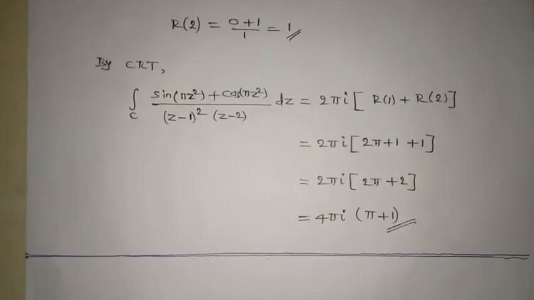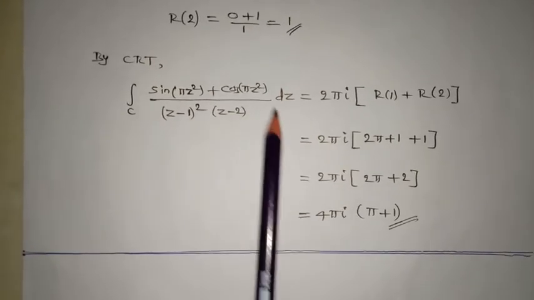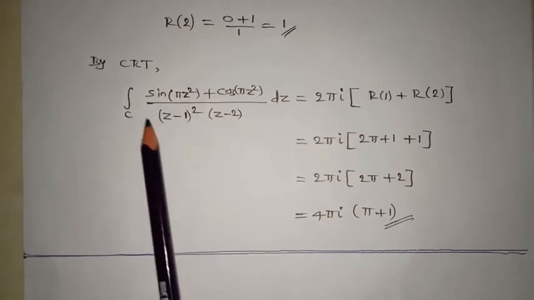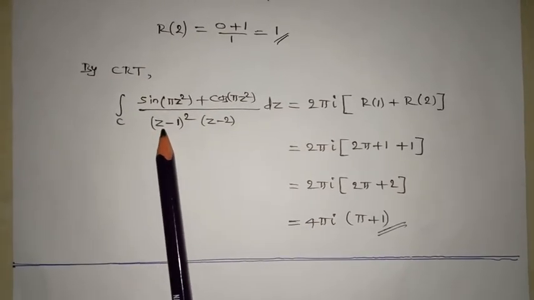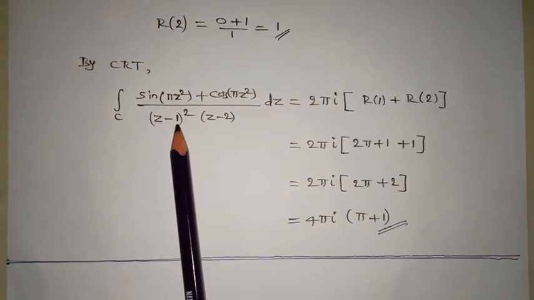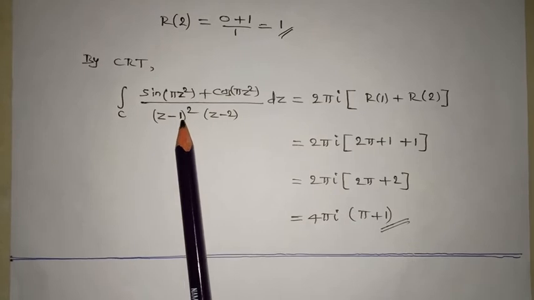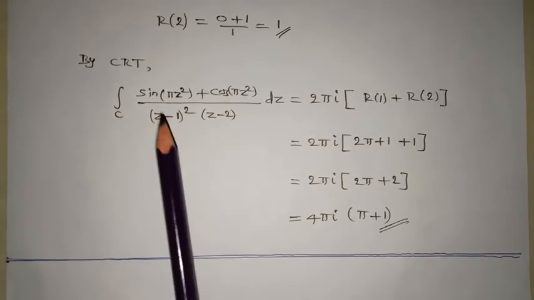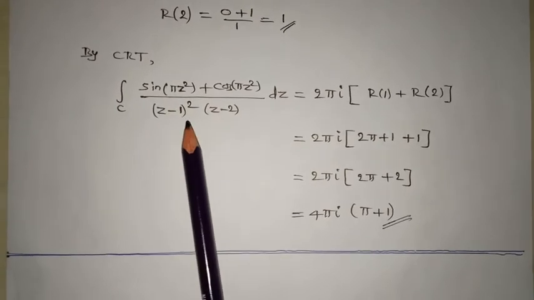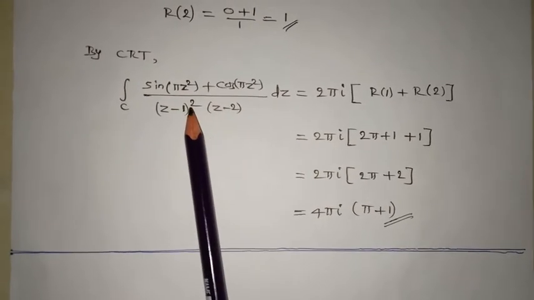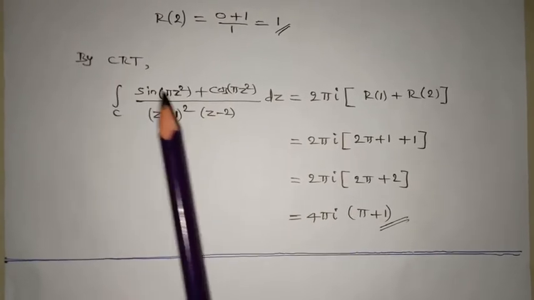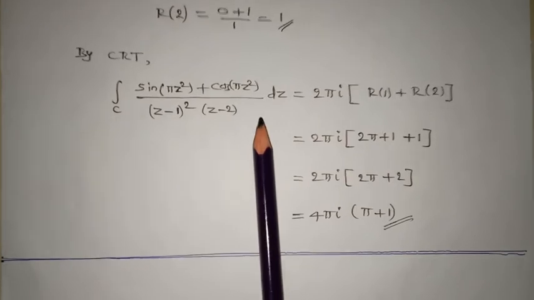The same problem you can solve by the Cauchy integral formula, as madam taught you in the last class. But in the Cauchy integral formula you need to go for partial fractions, whereas with residues it's easy. The Cauchy residue theorem is easier than the integral formula whenever there is more than one point inside C. If there is only one point inside C, then in that situation the integral formula is easy, as well as Cauchy residue also.